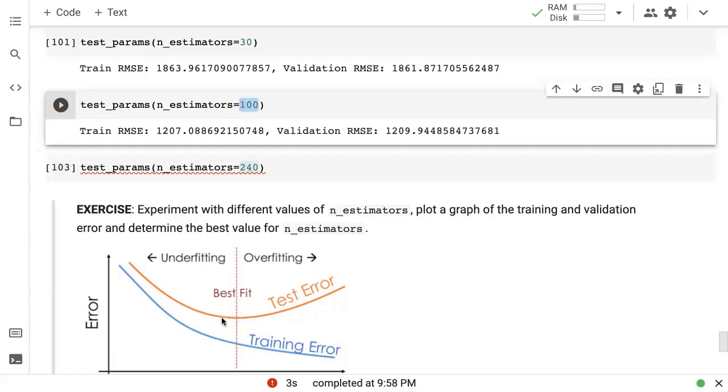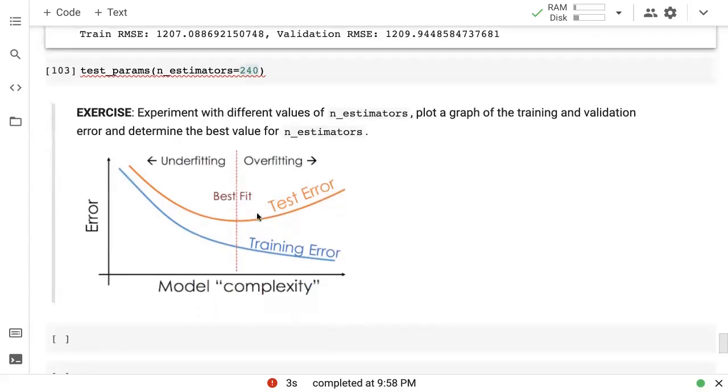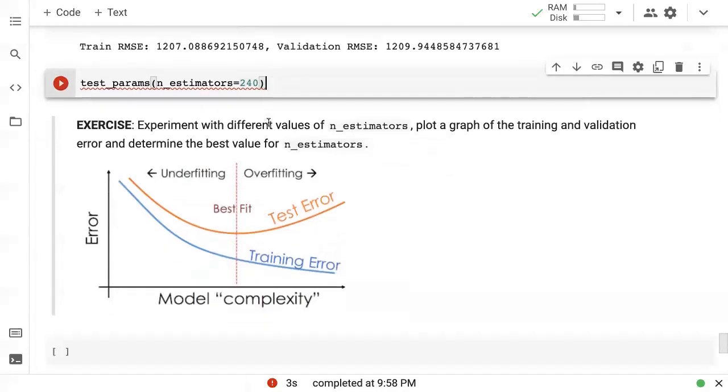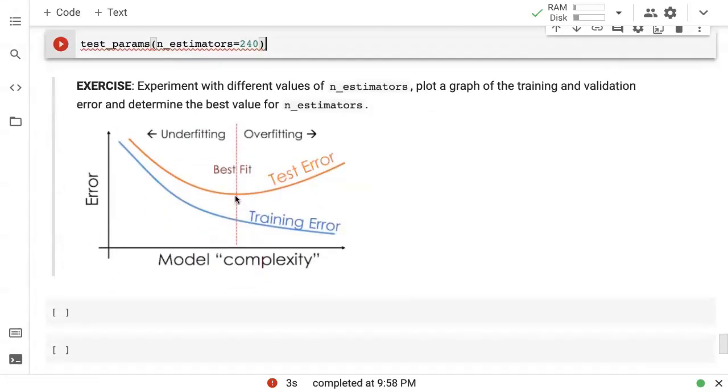In a lot of cases, it's not like the error starts to increase immediately, but it continues to decrease very slightly for a very long time. And at this point, it just doesn't make sense, because you're creating this huge model, which is only slightly better than this much smaller model. So start out small, increase the capacity of your model, and whenever it stops making sense to increase the capacity further, either in terms of time or because of overfitting, you can stop.